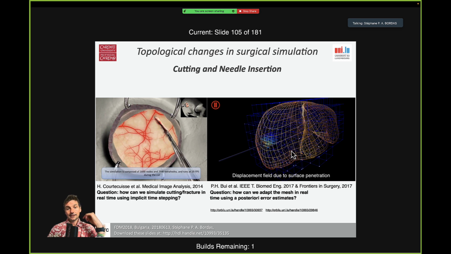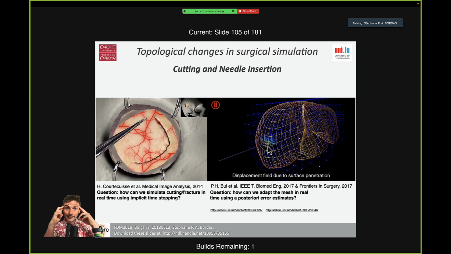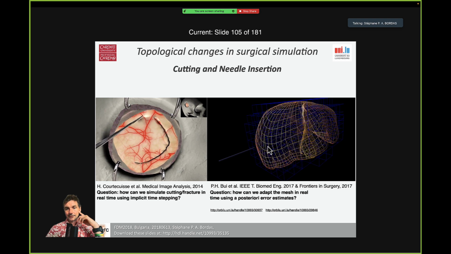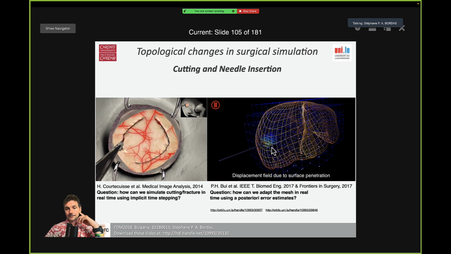So what we did is we developed a real-time error estimate, which is able to compute in real time the approximation error, which means the ability of the numerical simulation to capture the exact solution, well, which we don't know. So this is a bit of a mathematical miracle that without knowing the exact solution, we're still able to give an approximation of what the error is. So this is something quite amazing. So we insert the needle in this virtual liver. This is work by Bui-Phuoc, and